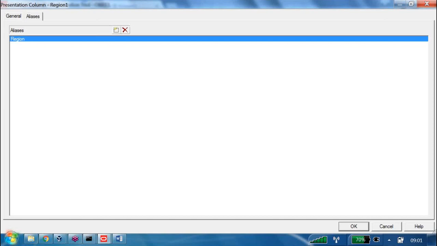Next point. We can rename at any point of time presentation layer objects, and corresponding reports automatically updated.